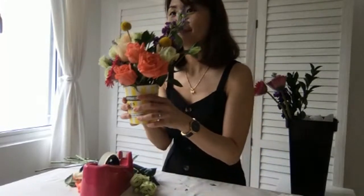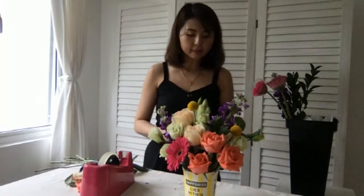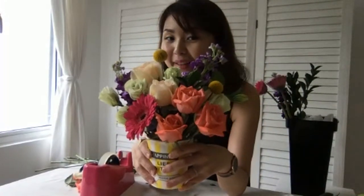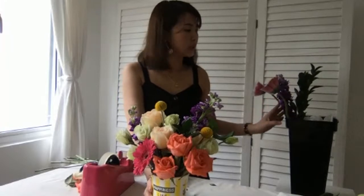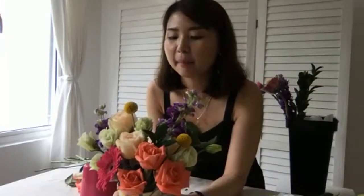Okay, so this is a very compact flower grouping, I would say. So we are actually done here. I still have some leftover flowers over here, just a few stalks only, which I don't think warrants another flower arrangement with the sponge. But if you want, we can do another session next time for the sponge arrangement. But today, we are,